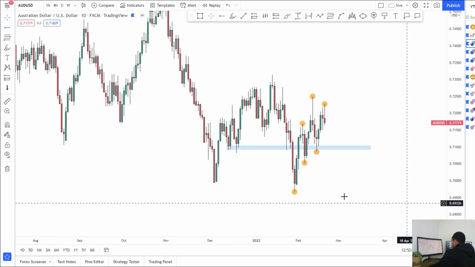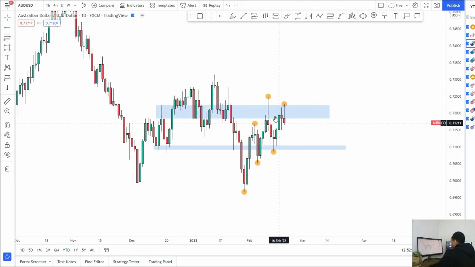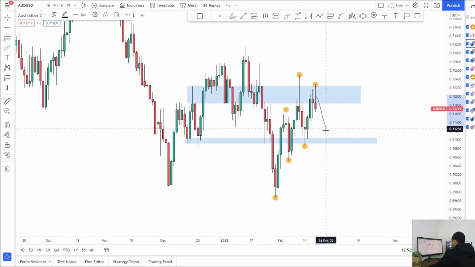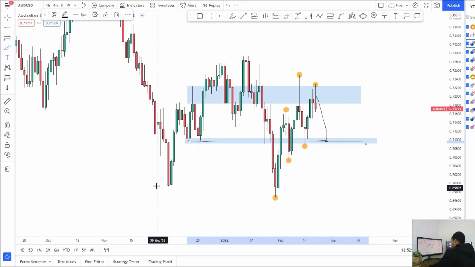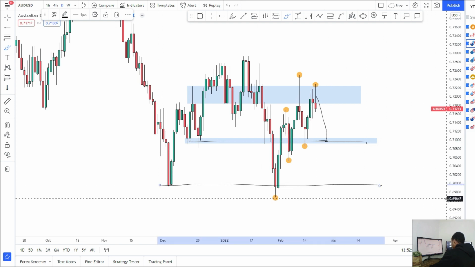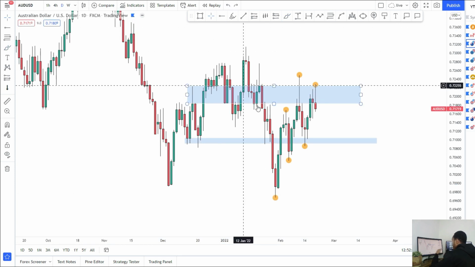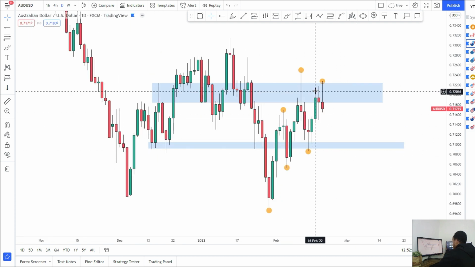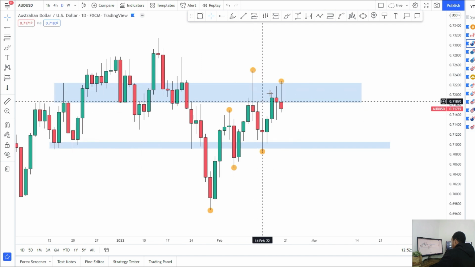Looking on the daily time frame, you can see we've got this wick here which price is holding into right now and failing to break through. So I'm looking at price returning back into this 0.71 support, and if we can break through that, we can potentially head back down to these lows for AUD/USD towards 0.7. And like I said, I'm still expecting some dollar strength in the market, so it does play into that idea. So looking for sells for AUD, as long as we can hold this 0.72 area